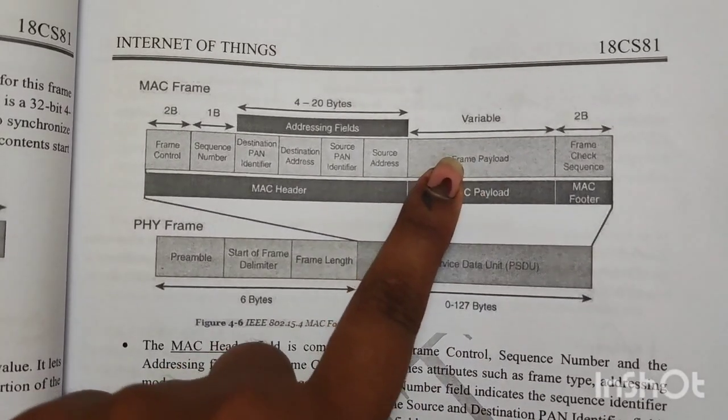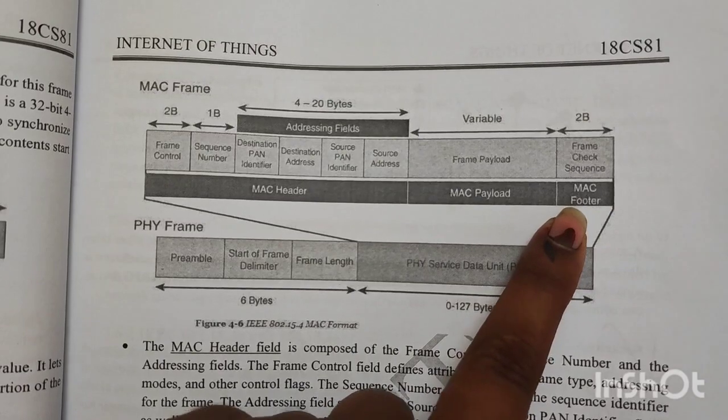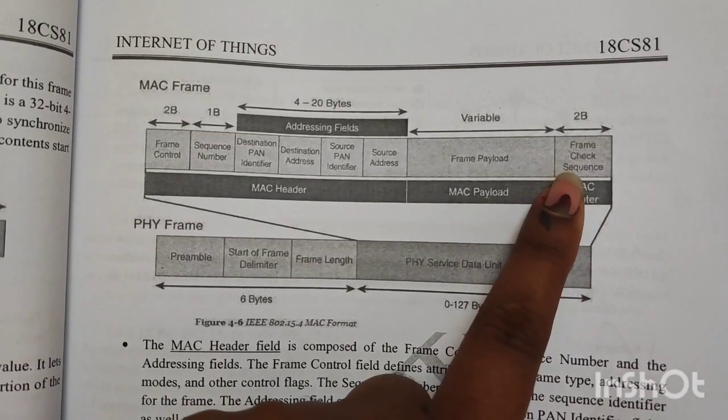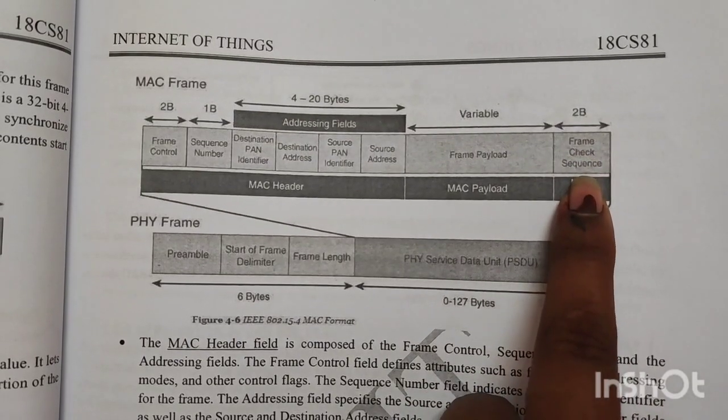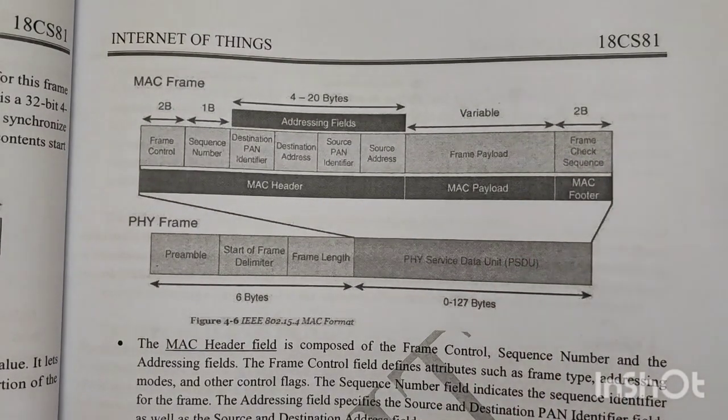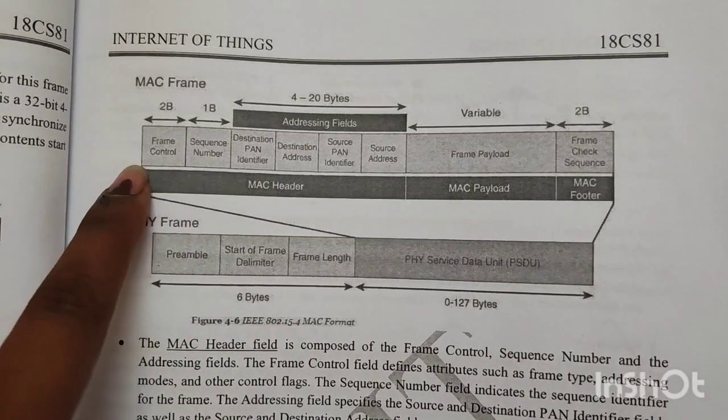Mac payload is the frame; you get the frame payload, and then you have the Mac footer, that is your frame check. So it is like so much data has been sent, so you're giving a checking range for it. Here, what you're doing is